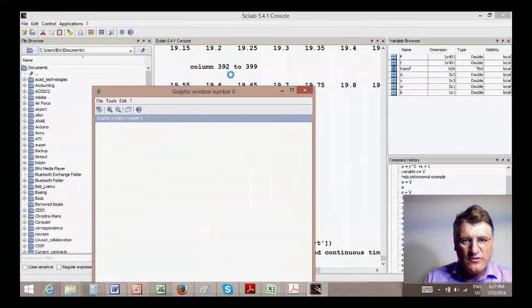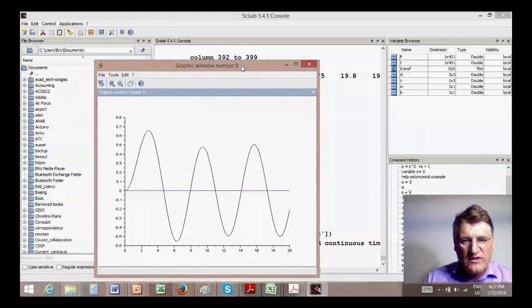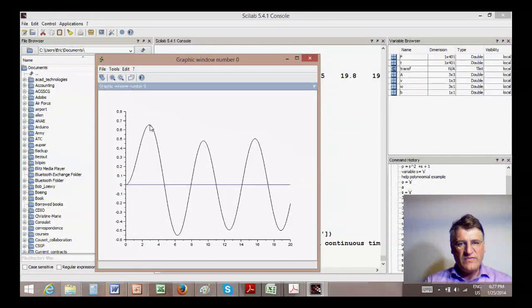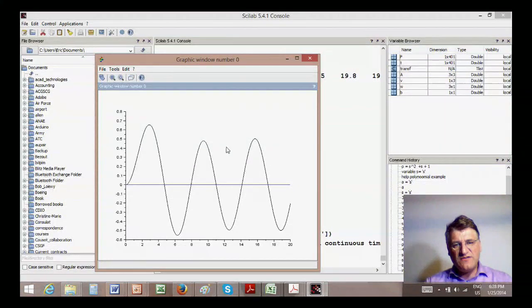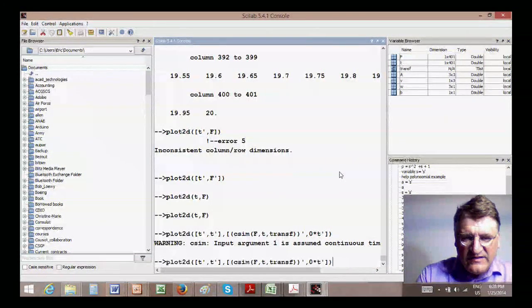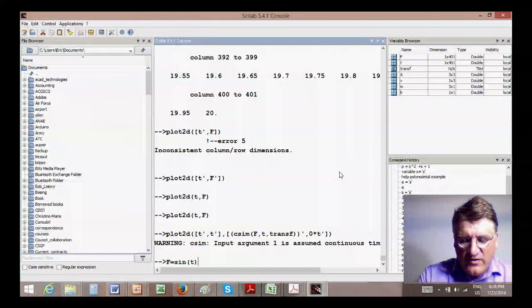It takes a little while to compute, but eventually we get the following answer. The system starts at 0 and then starts oscillating. You see that the oscillation is not quite regular, and that's because we have a transient followed by slowly the establishment of a steady state regime. We can see that steady state regime if we change f and t,